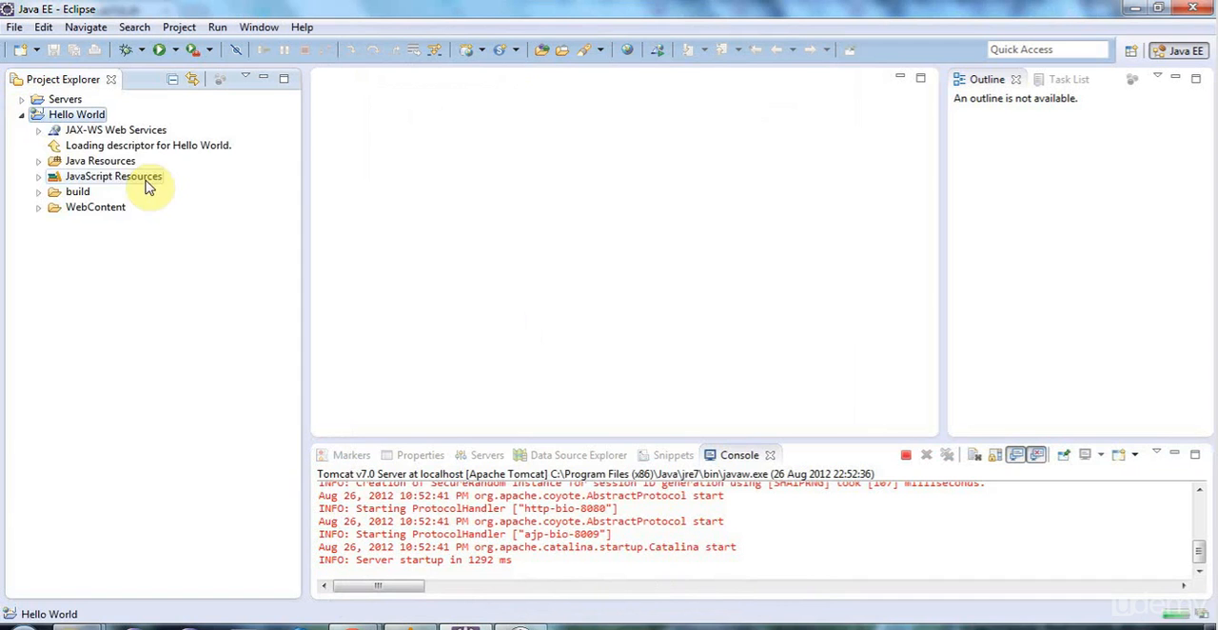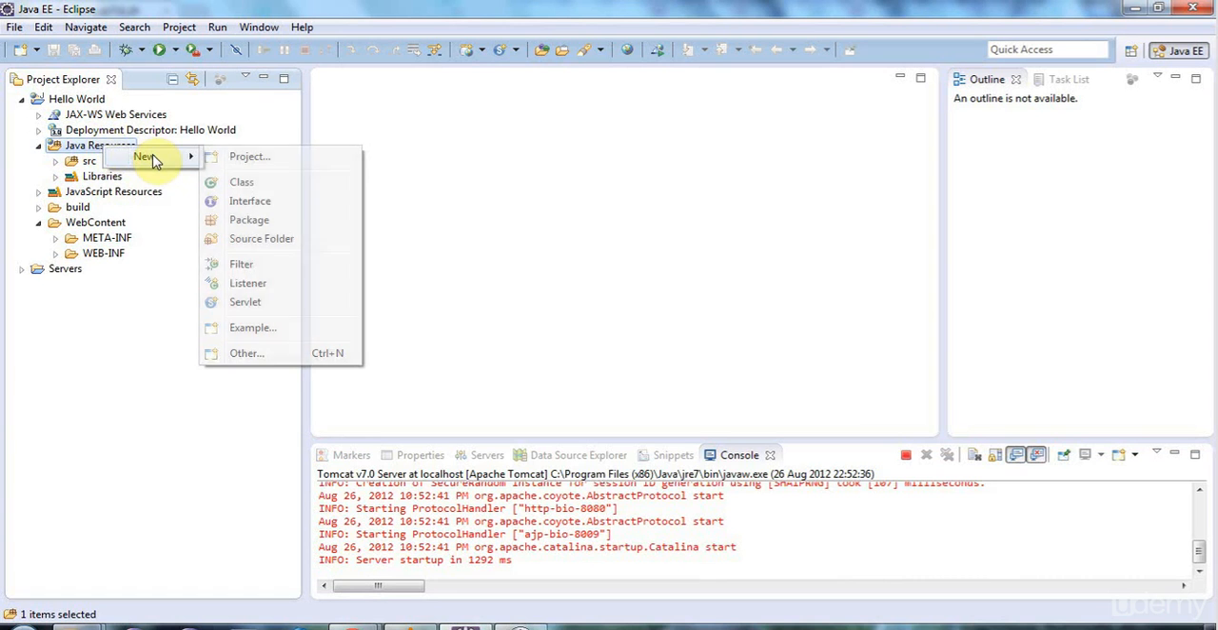If I expand this, we've got our Java resources folder, and we've got web content here, and in web content I can put JSPs and HTML files and this kind of thing, and this is where I create my servlets. So I'm going to right click, and now a Java servlet is